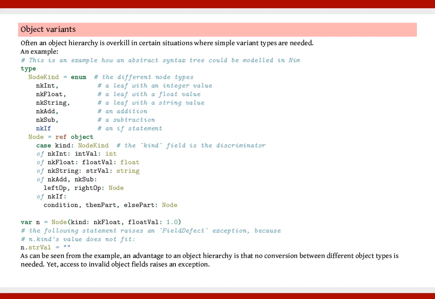Node = ref object. case kind: NodeKind # the kind field is the discriminator. of nkInt: intVal: int. of nkFloat: floatVal: float. of nkString: strVal: string. of nkAdd, nkSub: leftOp, rightOp: Node. of nkIf: condition, thenPart, elsePart: Node. var n = Node(kind: nkFloat, floatVal: 1.0). # the following statement raises a FieldDefect exception, because n.kind's value does not fit: